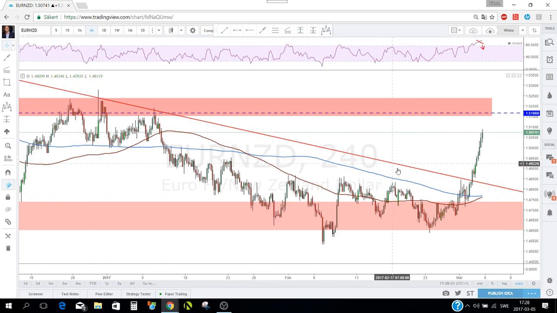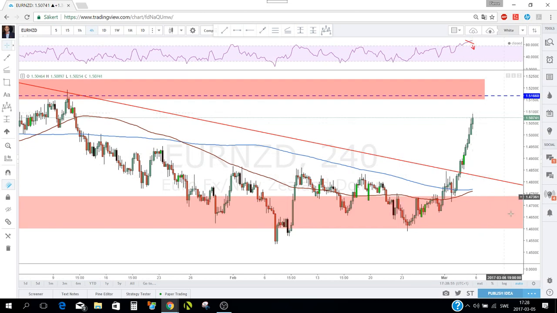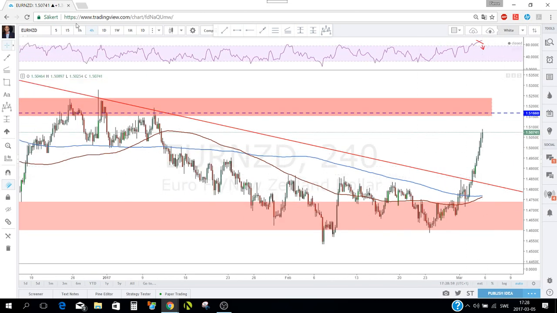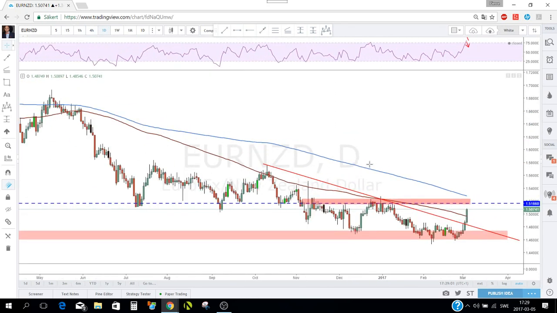But then if it goes back down all the way, you should try to see how price will react. We now break this trend line, and what we want to see is a retest of this trend line or this neckline, and try to go long, because if price breaks this level, especially if we break the 200